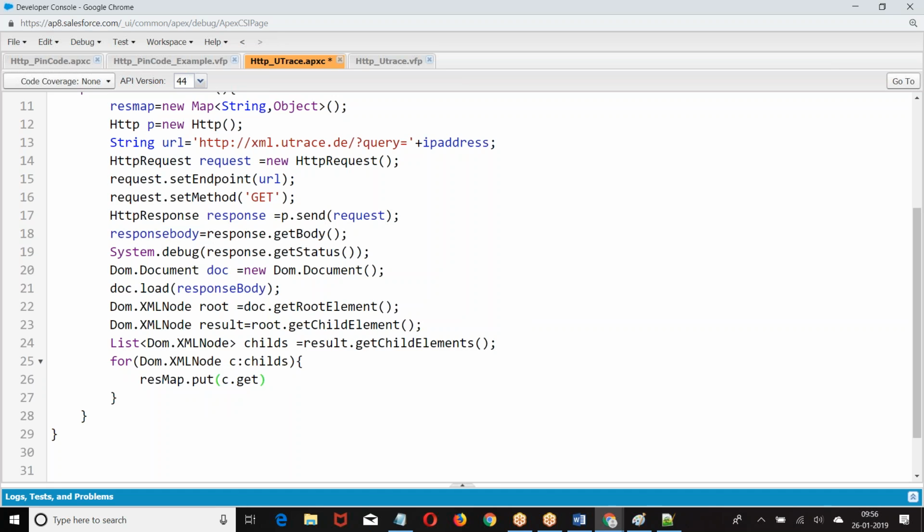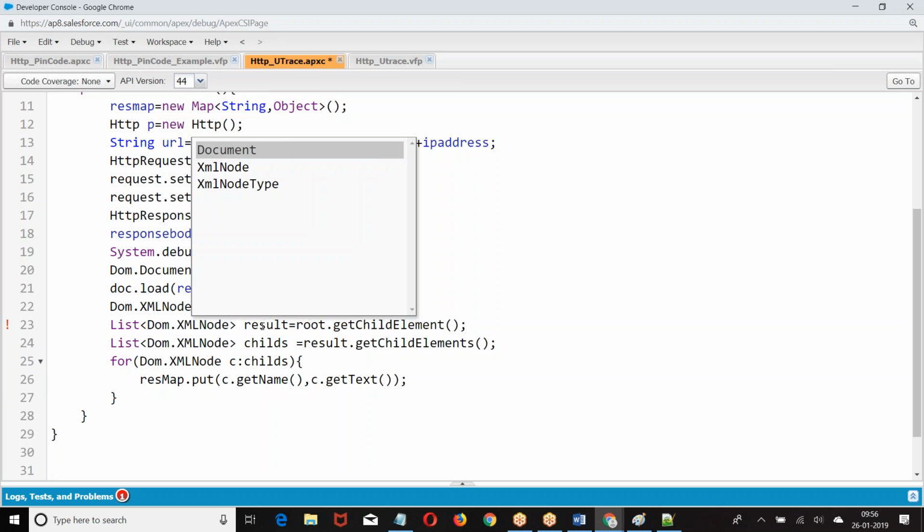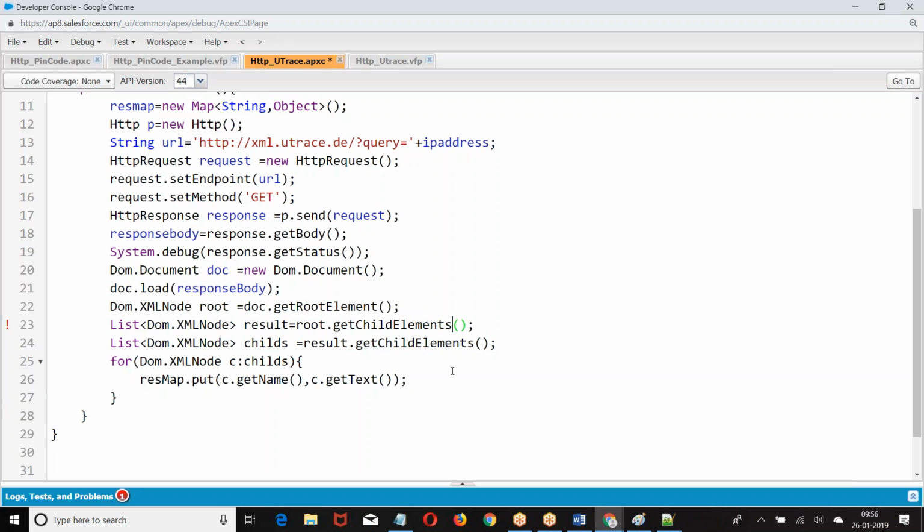What are the two functions we used to use? Get text and get name. This is how we got it done.